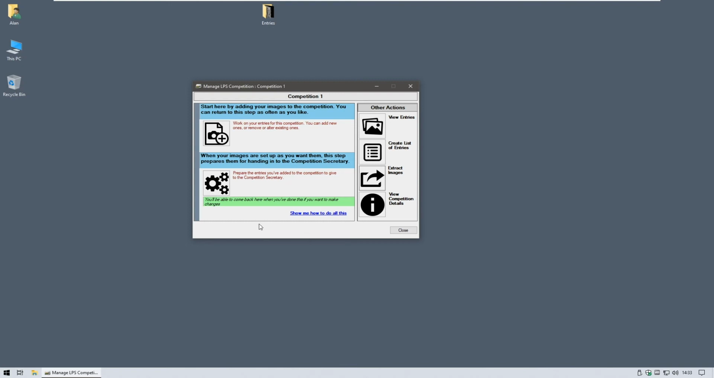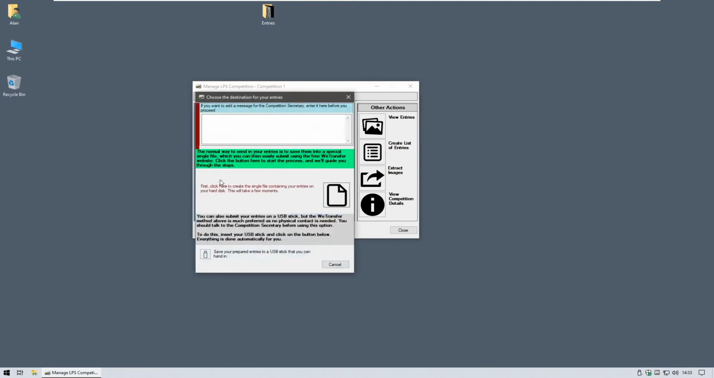And we do this by saying process the entries you've added to the competition. Let's click on this button here, and we send entries into the competition using the WeTransfer website. This is a free website that transfers large files. So we're going to create the single file that contains your entries. We'll click on this button here,